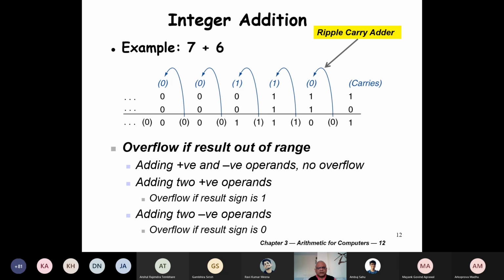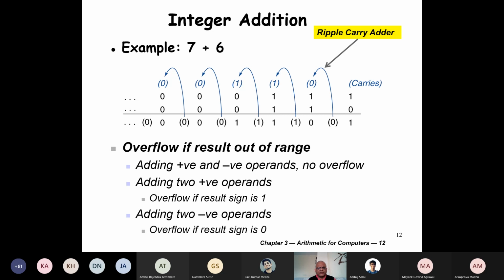Overflow can occur if we are adding 2 positive numbers. But how do we check the overflow? If we add 2 positive numbers and find that the result is negative, then only there is overflow. And that is easy to check. We just check whether the last bit has become 1.